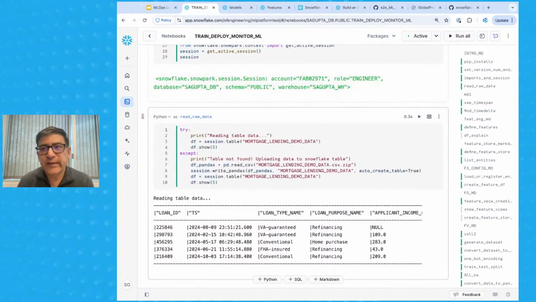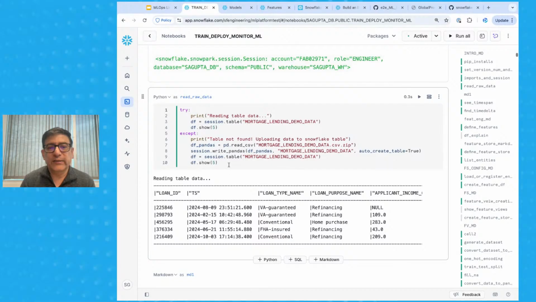So for the purpose of today's demo, we are going to be looking at a data set that relates to loan approvals. So we have some mortgage lending demo data, and this data has been uploaded. So once you read this data into a table, you see that we have